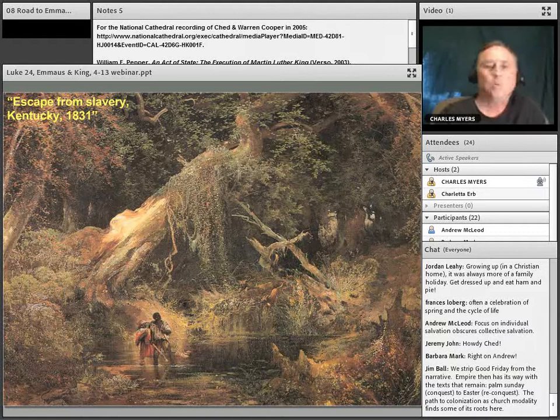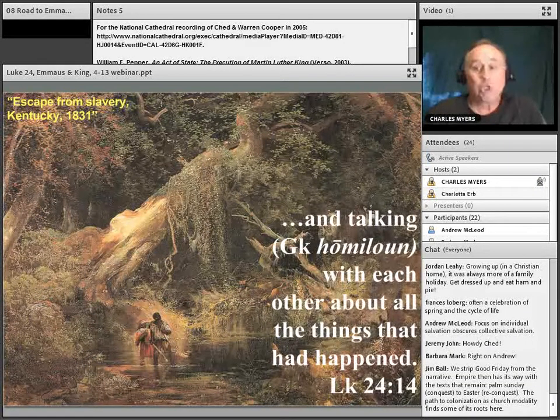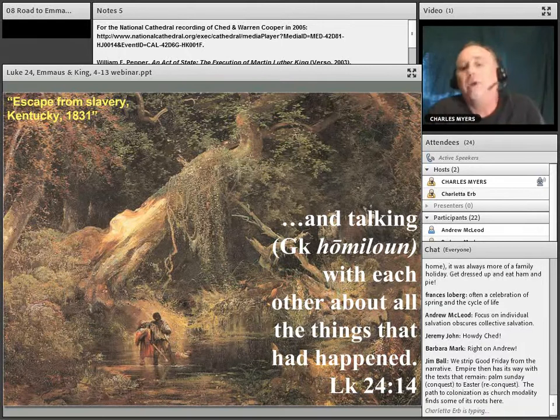In fact, we're told by Luke that these 2 disciples were talking with each other about all the things that had happened. I'll bet they were hightailing it for the border, laying low in the swamps. No doubt. Now, this phrase, all the things that had happened, is kind of a technical phrase in the gospel tradition, referring specifically to the arrest, trial, and execution of Jesus,